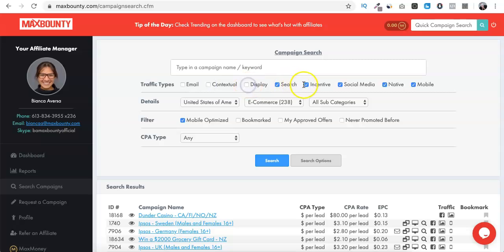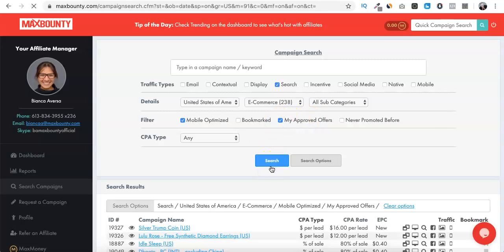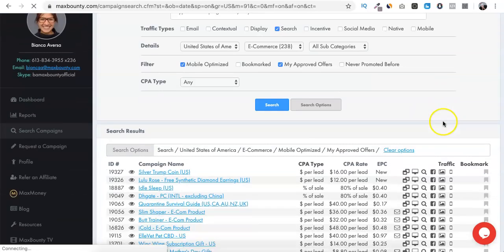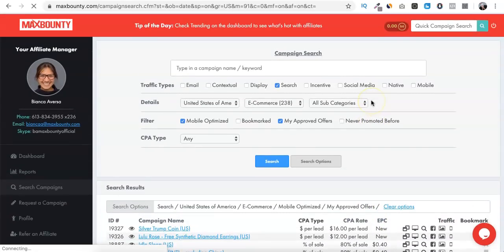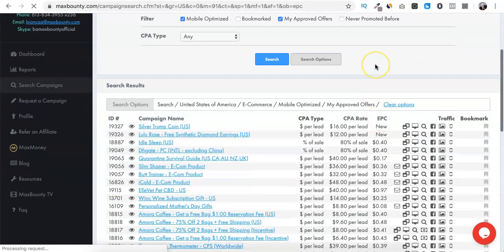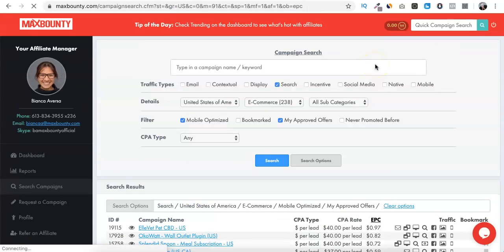Deselect everything but the traffic source that you're running. So if you're doing Facebook ads, you want to uncheck everything but social media. And since we're doing Bing ads, we're going to uncheck everything except for search. I like to do my approved offers. I don't feel like submitting a request to get approved for an offer, even though that's a tip right there. Those offers convert like crazy. The ones you got to apply for, those convert. So if you're not lazy like me and you wouldn't mind filling out a simple form, then go ahead,